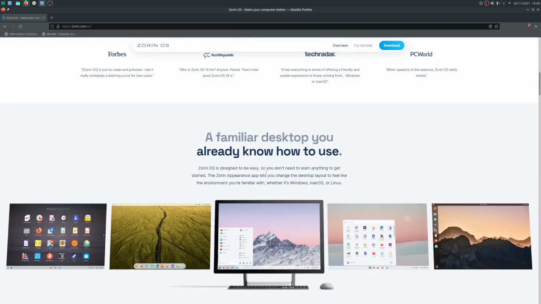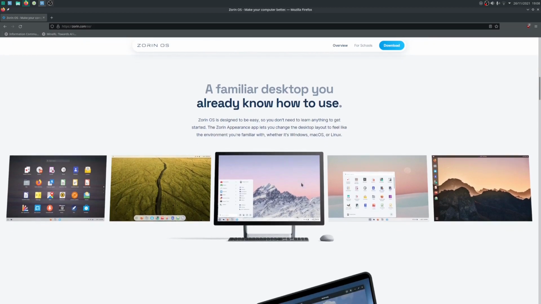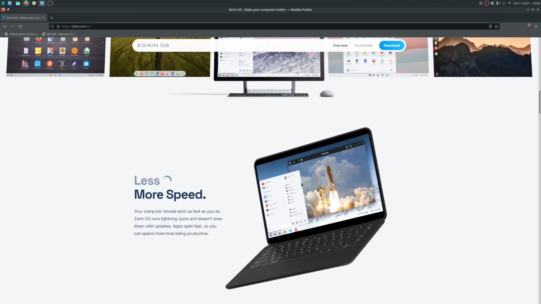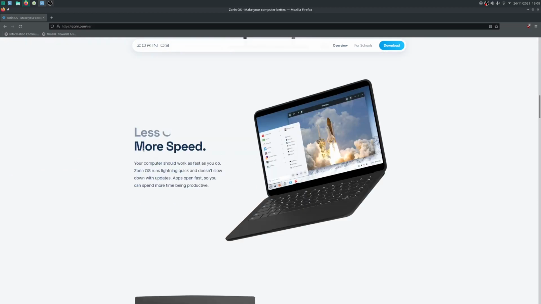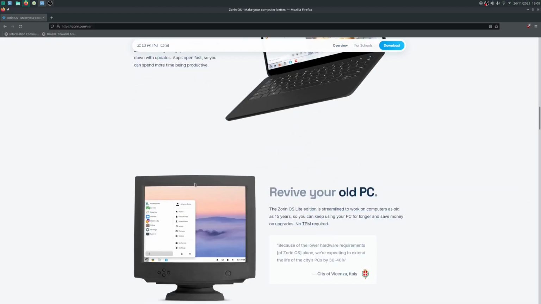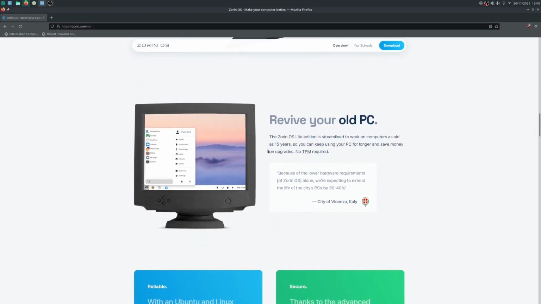Now, this is a very modern looking website. You can tell this is very much geared towards those types of people that are maybe a bit scared about those older looking websites that many other distributions have. So this is a very, very modern, slick feel. Kind of reminds me of the Apple website. So, they're just talking about how apps will open faster and how you can revive old computers and stuff like